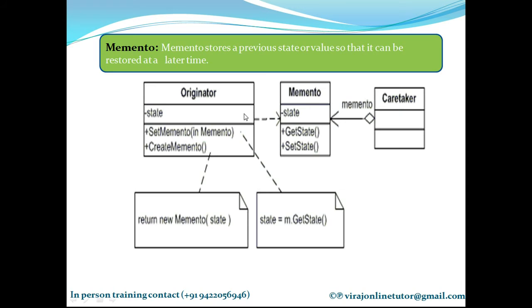In simple words, the caretaker will say create memento, and it will get the state of the original object. Then the caretaker will perform n number of different operations, and if it wants to undo the originator to the state before it did some operations, it will call set memento and pass the memento object which saves the state of the originator before any operations. With that set memento, we are setting the originator to its previous state. That means we are undoing all the operations which the caretaker did.